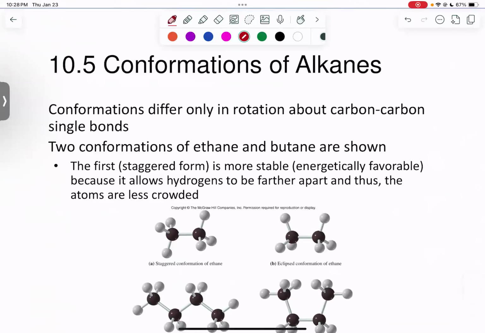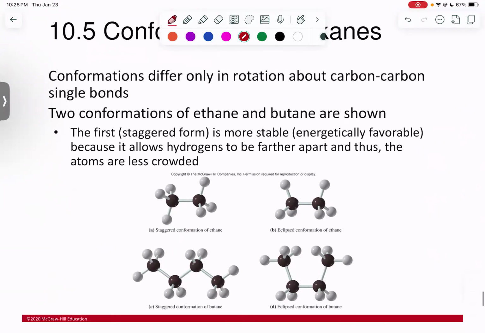So when we talk about alkanes, we have to think about the conformations of all the atoms in the molecules. And we know that all atoms are surrounded by electrons, right? And all electrons carry a negative charge. And so really atoms want to be as far away from each other as possible. And you'll know this because you learn VSEPR theory, the valence shell electron pair repulsion theory. And so when we look at